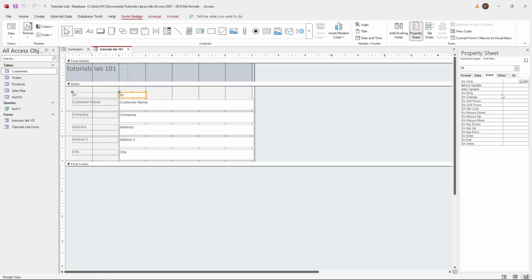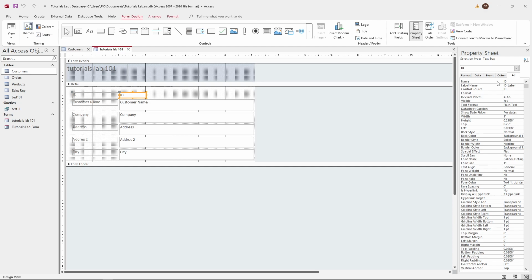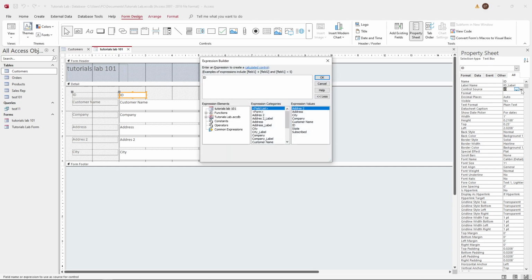From the list of all properties displayed, locate the one labeled Control Source. Next to Control Source, you'll see a small three-dot icon. Click on this icon to open the Expression Builder window. This is the interface where you can create your custom expressions using the elements, categories, and values provided. Take your time here to build the expression that matches your needs, whether it's a calculation, a text combination, or any other formula. Once you've configured your expression to your satisfaction, click on OK to apply it, and there you have it. You've successfully implemented the Microsoft Access Expression Builder